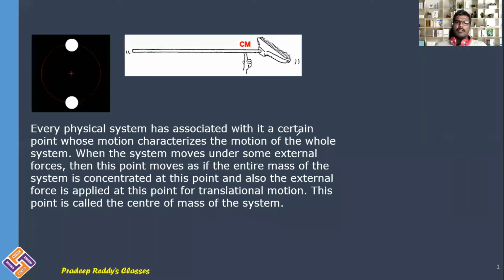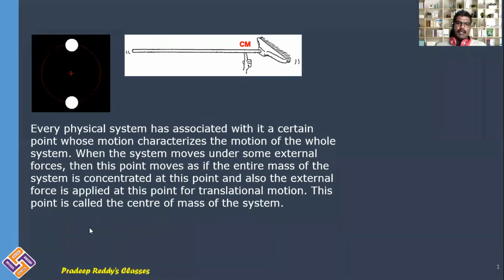So in this video lecture, we will be learning how to find out center of mass of point mass systems, where if the system is consisting of different number of particles or different point masses, in order to calculate center of mass, what we need to do, that we will be learning in this video session.